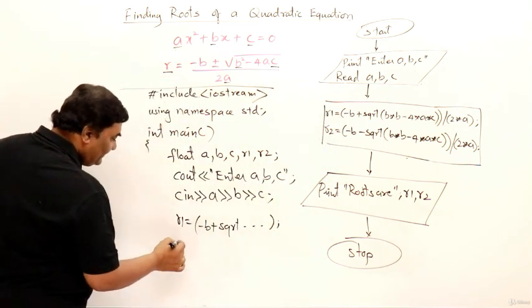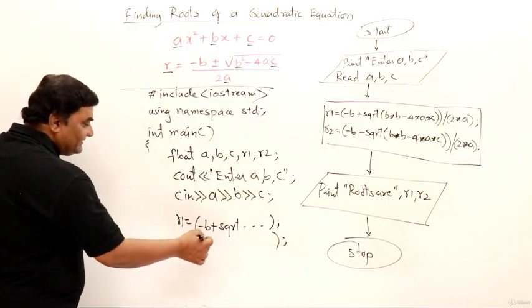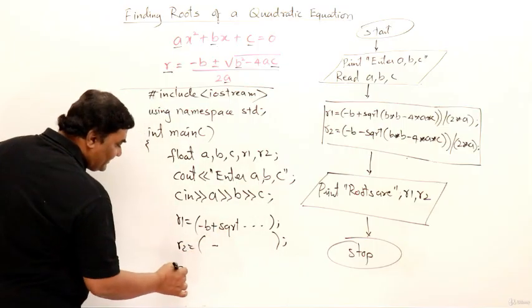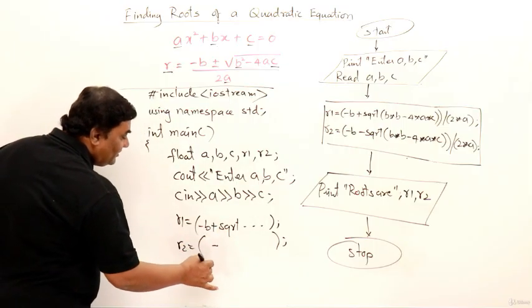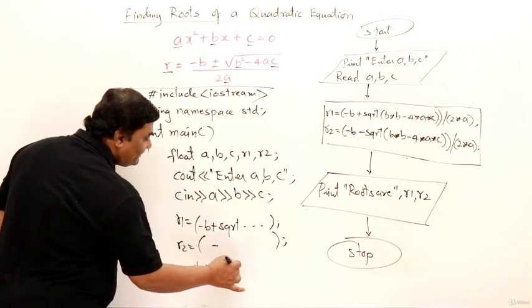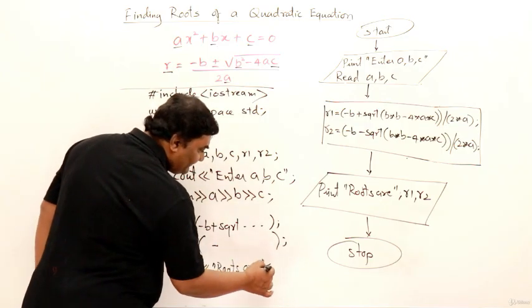Write on this one. Then R2, that's the same formula, right? Just instead of plus, use minus. Then after that, print the result, cout. Now watch this carefully. I will say "roots are", right? Then after this, first root,